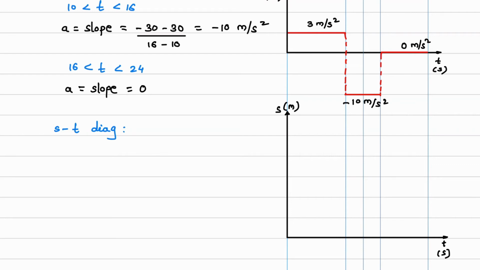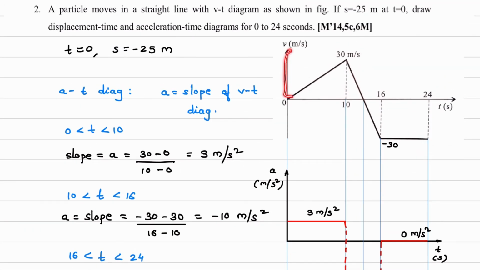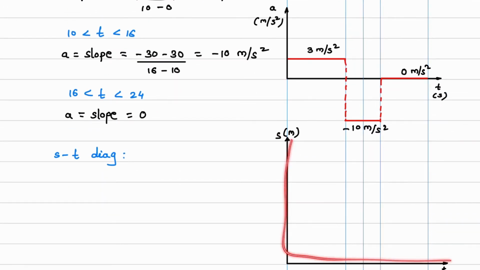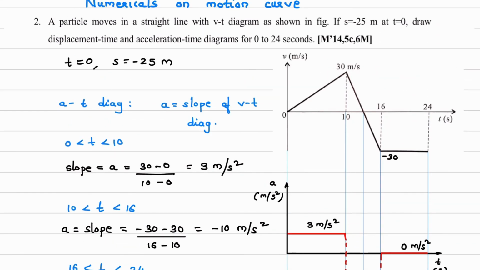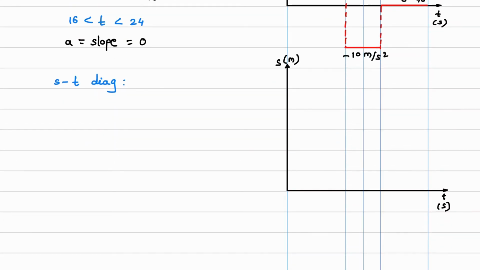Now we will take the reference of VT diagram again. From VT diagram we are going to draw ST diagram. Okay, so what is that relation? Slope of VT diagram is acceleration, and change in displacement is area under VT diagram. So we will use that point. Okay, so ST diagram, what we will write? Change in displacement is equal to area under VT diagram. Okay, now what will be change in displacement, that we will observe.